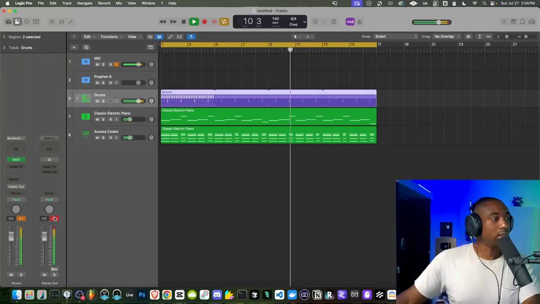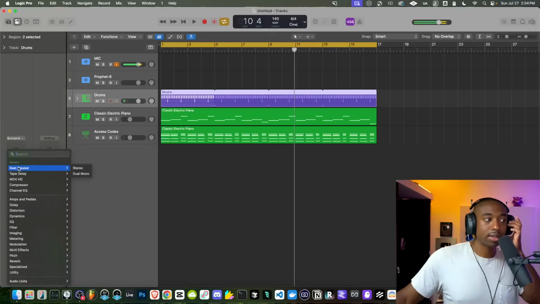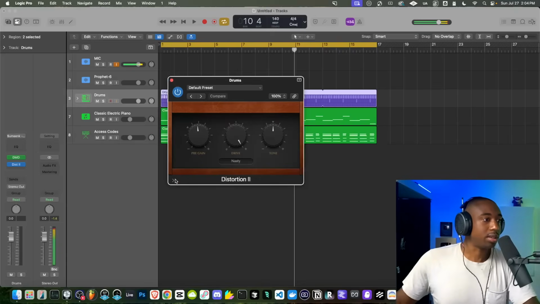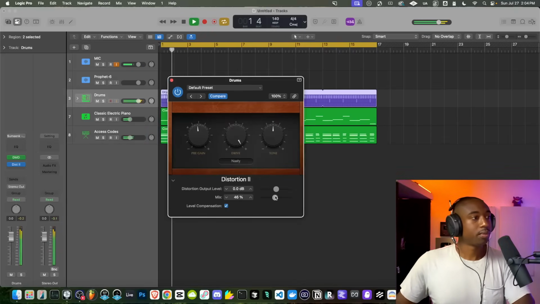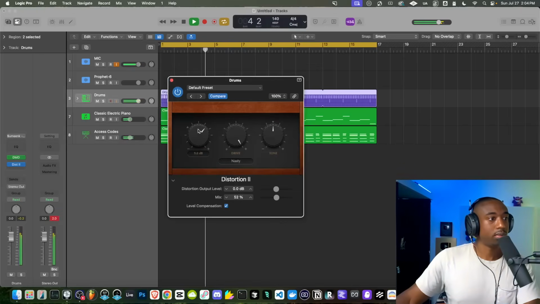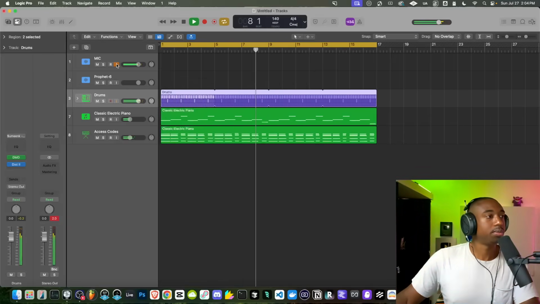Also too, what I love is that the drums are already grouped for you, so you don't have to do all this routing. Let's go to the audio effects and let's add some distortion to our drums here. Let's go to distortion 2. I love Logic Pro's effects, so let's turn the mix level down to about 50%. So this is being applied to the entire drum group. So it's gonna add a super gritty sound to the drum.